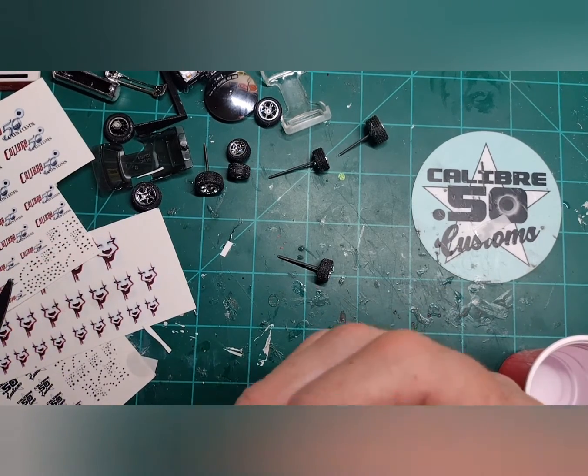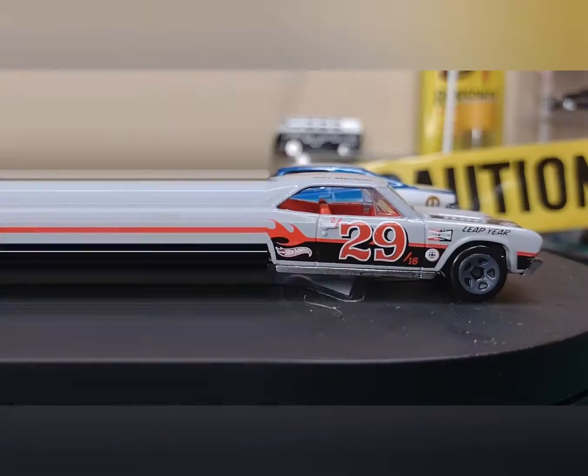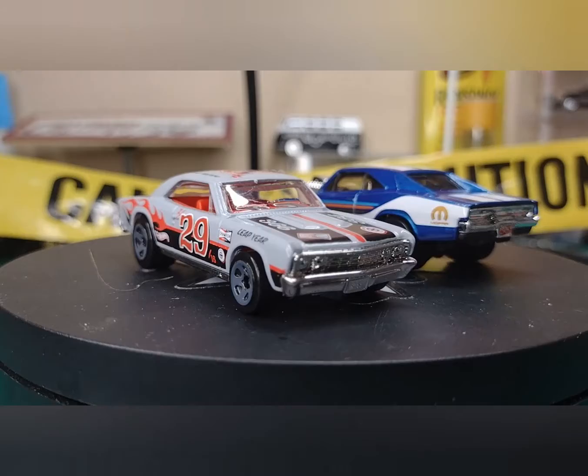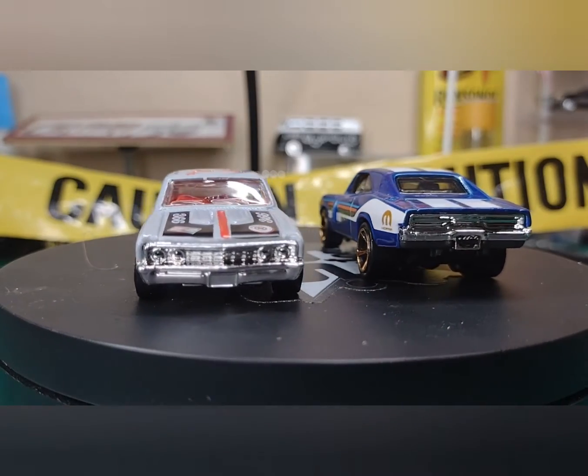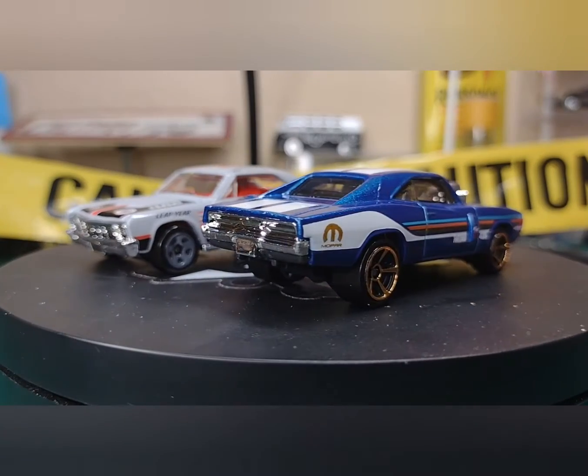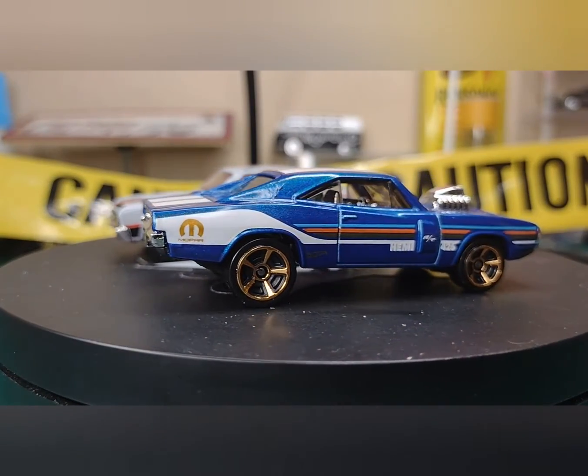But without further ado, y'all remember what we started off with. Not bad castings. Not bad at all. And I'm really liking the way these turned out. And I hope y'all do too,